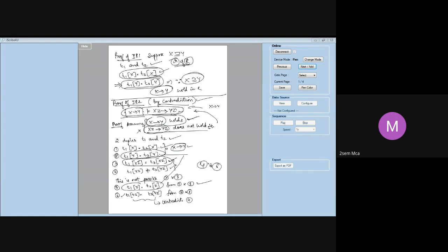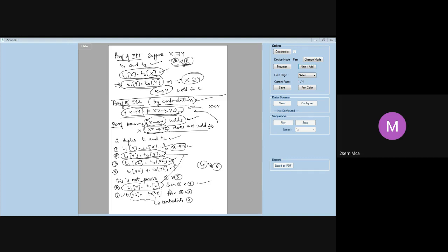Now, in the third step, look at the first and the third. In the first step, I've already separated out X. In the third step, we have combined XZ, and we can also write it separately with respect to Z. So that's why I've written T1 of Z is equal to T2 of Z. That is my fifth step. Now look at 2 and 5. In 2, we have said T1 of Y is equal to T2 of Y. In 5, we are saying T1 of Z is equal to T2 of Z.